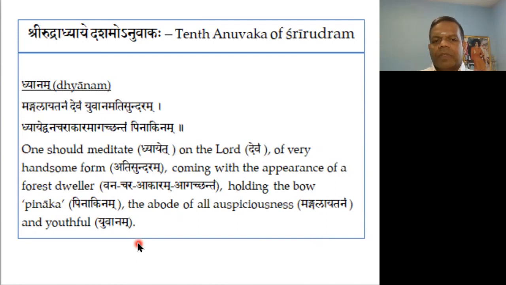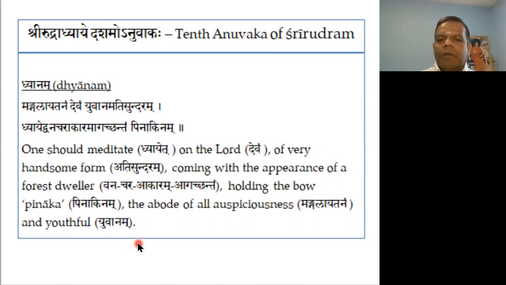So the thing is, why is the Lord coming as a hunter? Vanacharakara means he is coming like a hunter. Hunter means people who live in the forest. Human beings who live in the forest are like hunters. They always fight with animals. Even in the story of Arjuna going to Kailash to get the weapons for the war, Shiva is supposed to have come as a hunter, and then Arjuna fights with Shiva. Okay, so the Lord comes from the